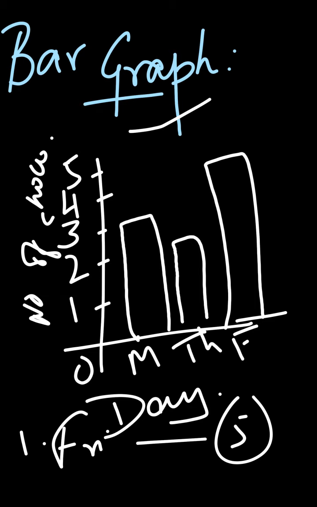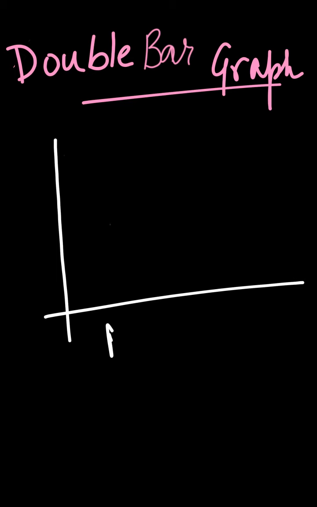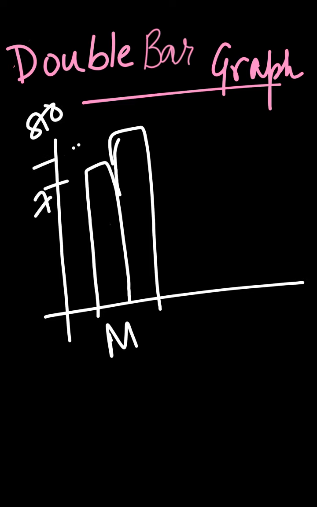Okay, so we also studied the double bar graph. It was like you had sem 1 and sem 2. When you have exams like the math subject, in sem 1 it went this much, and in sem 2 it went this much. So the unit scale, right? Let's have here 80, 70, 60, 50, and so on. I'm putting it roughly because it's a rough drawing. I cannot show you the full graph here. Here 0 will be there. 0 is the origin, you already know that, right?